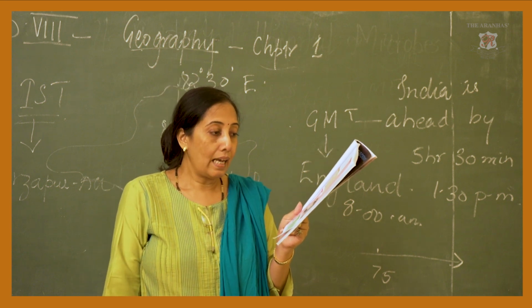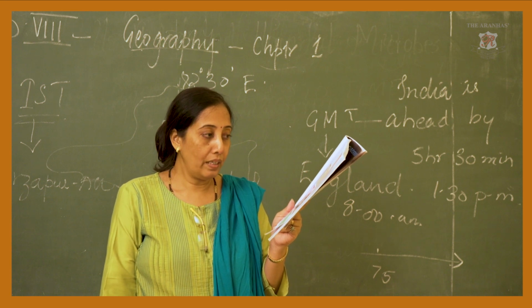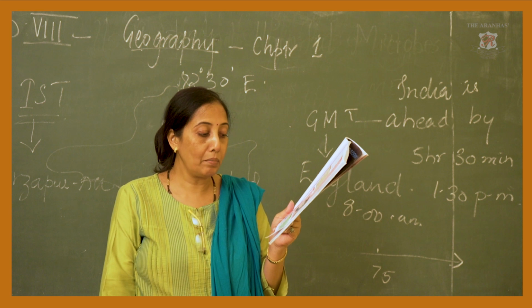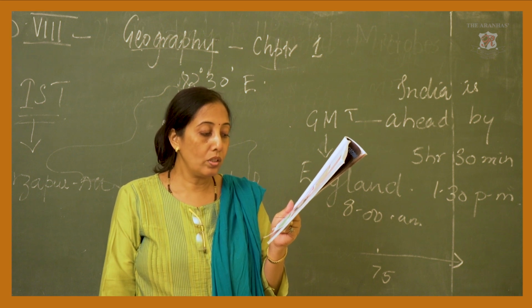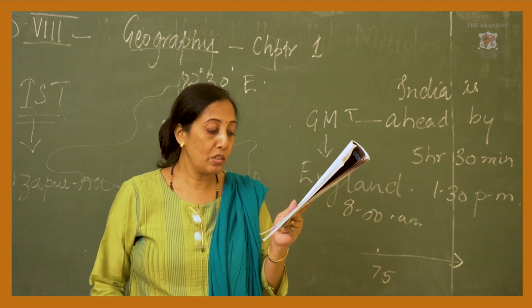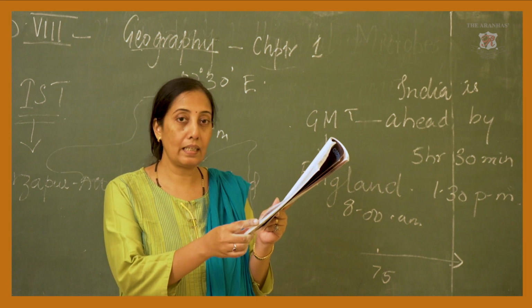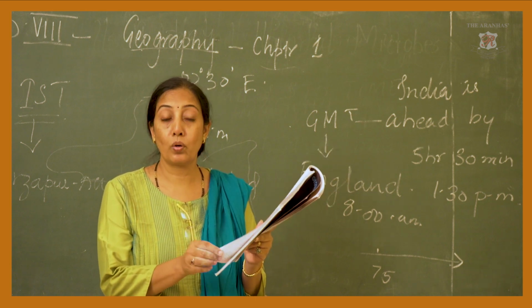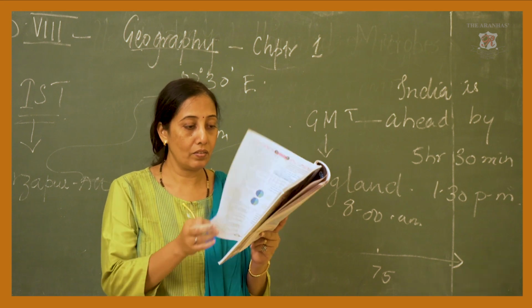Now, in India, the National Physical Laboratory of India, New Delhi, gives services of accurate timekeeping. The clocks used here are accurate up to 1 lakh part of a second. An accurate time is required for space research, artificial satellite launching, etc. And these clocks are mostly used for such activities.